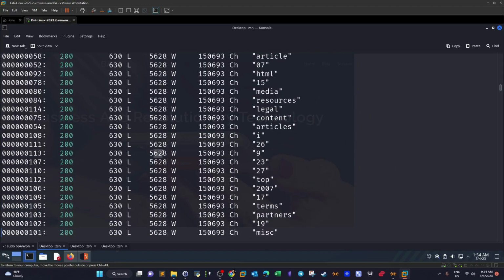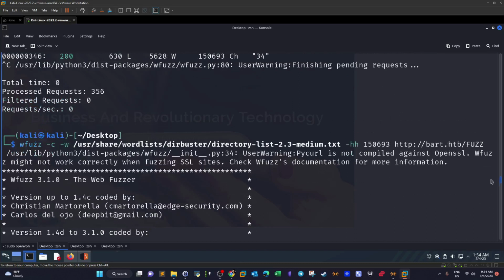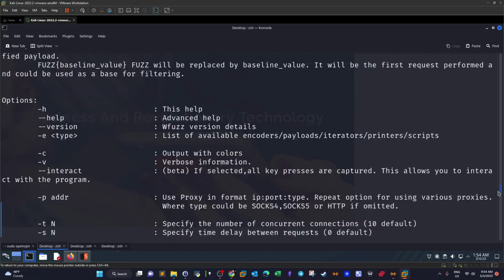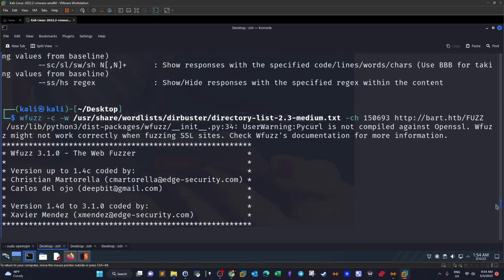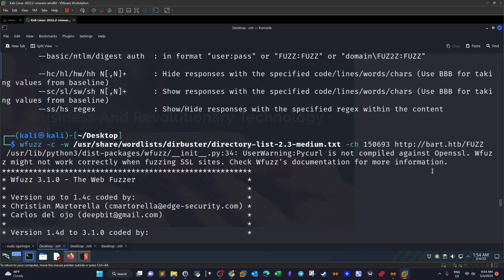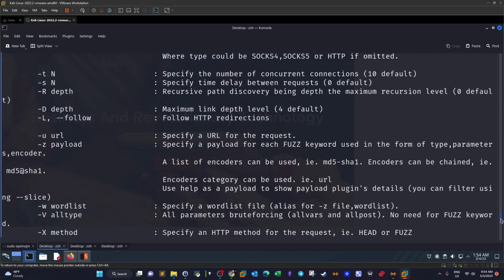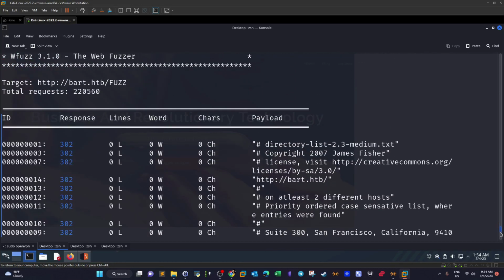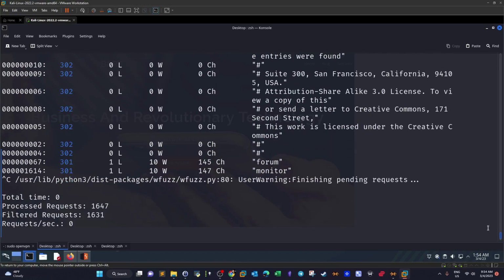As you can see, I got many responses with the same characters or word length. As you can see, word count, character count. So what I did, I filtered these lengths. So again, the same command, but this time I used the character filter and filtered all the responses which include 150,693 characters. And it was revealed... So here I got some error in the command. If you scroll down, so --hh, yeah, scrolling down, as you can see here, I got some useful responses,